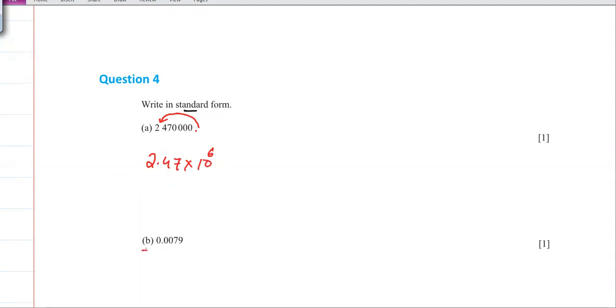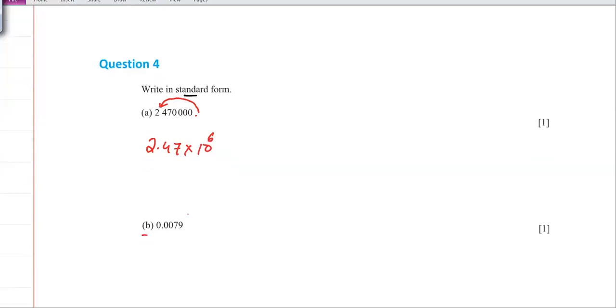Now in this case, if you have to write in the standard form, yes, Afif. Sir, is there any fixed number to which we have to move our decimal point? Always, for example, in the standard form, you write after the first non-zero digit from the left side. So this is the first non-zero digit, so the decimal should go here. Always after the first non-zero digit. In my sheet, I wrote 247 multiplied by 10 to the power of 4.